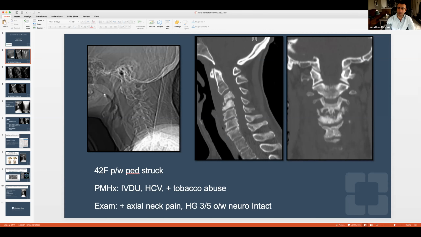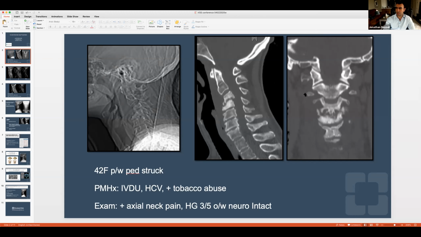So this patient was unfortunately a frequent flyer at this hospital, had one of those charts that when you open them up, it's like 10,000 admissions and ER visits. She had a history of IV drug use. You can see it all there. She was a smoker, Hep C, IV drug use, and she had pretty significant axial neck pain. Even though she was intoxicated, she was complaining of pretty significant axial neck pain. She was noted to have weakness in her hand grip, but was otherwise neurologically intact. We didn't get an X-ray at the time. However,